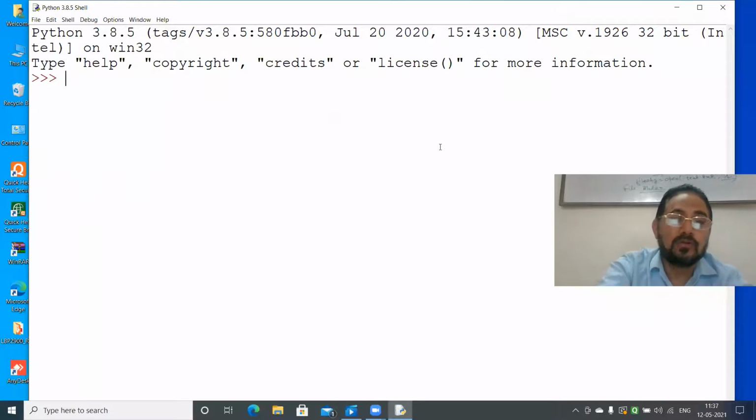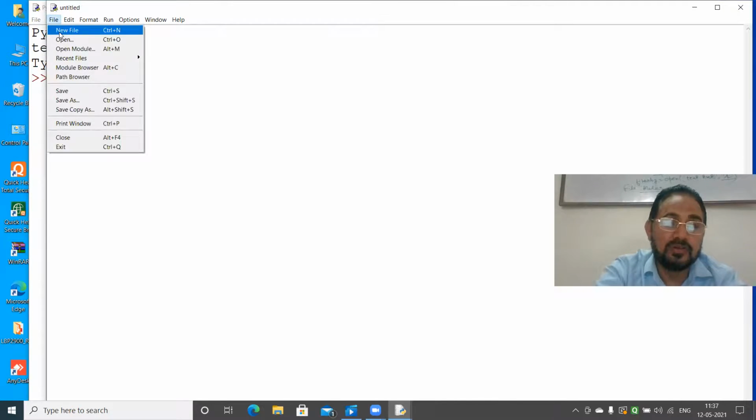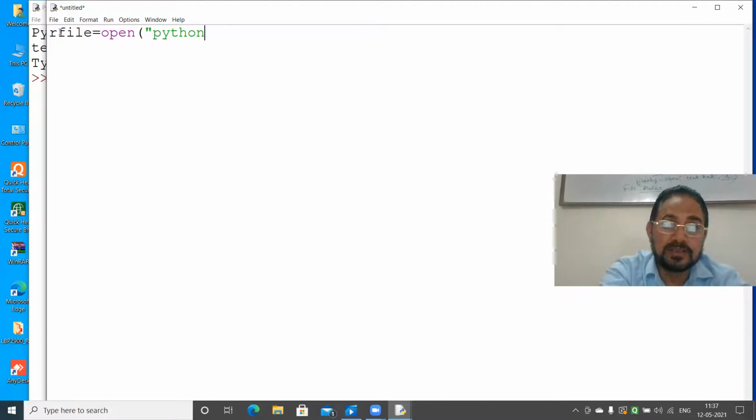Now see what I am going to do here, file new, and I will read only. Okay, my text is written in the text file Python text.txt. The file name has to be correct. File new. You have to take a file. So I will take r file. R is for reading. Open, and then I will take the file name as Python text. What is the name?